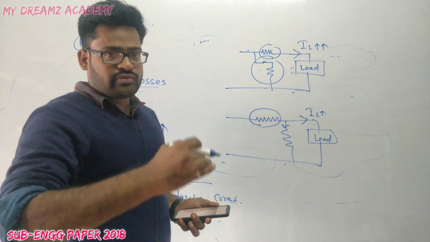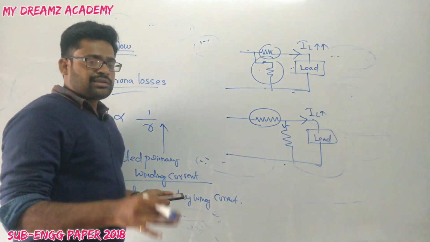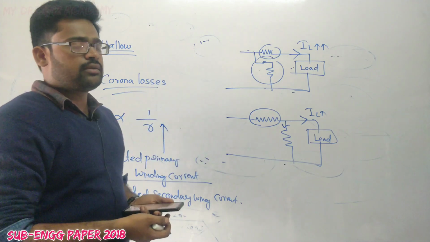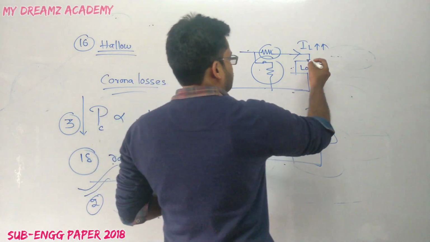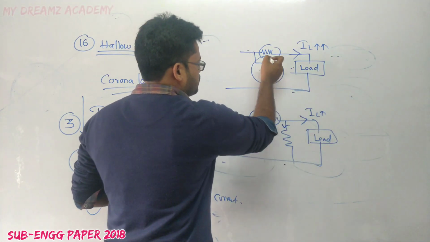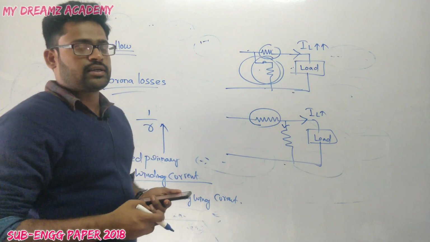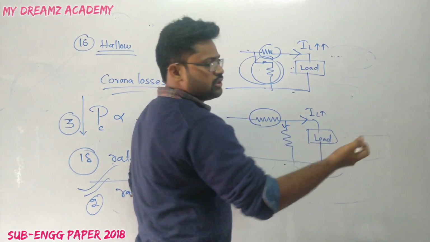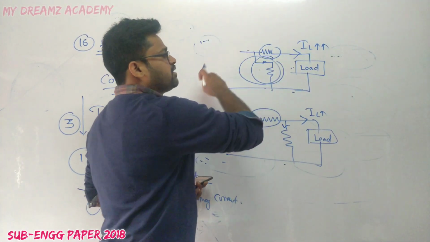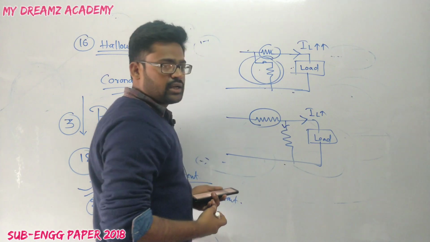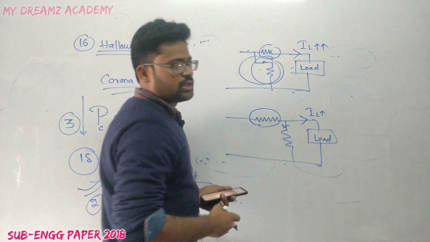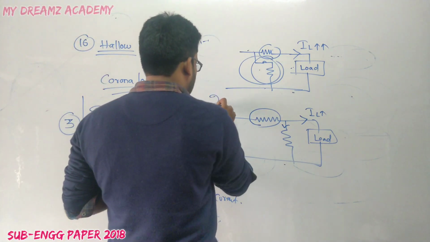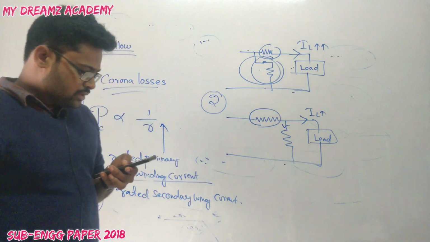If the current value is very low, what is the meaning of that? That is nothing but the voltage value is very high. If the voltage value is very high, this pressure coil will be affected, so it should be away from the load side. If the current value is very high, the pressure coil should be nearer to the load side. So this is question number 19 and option 2 is correct. And the last question, that is